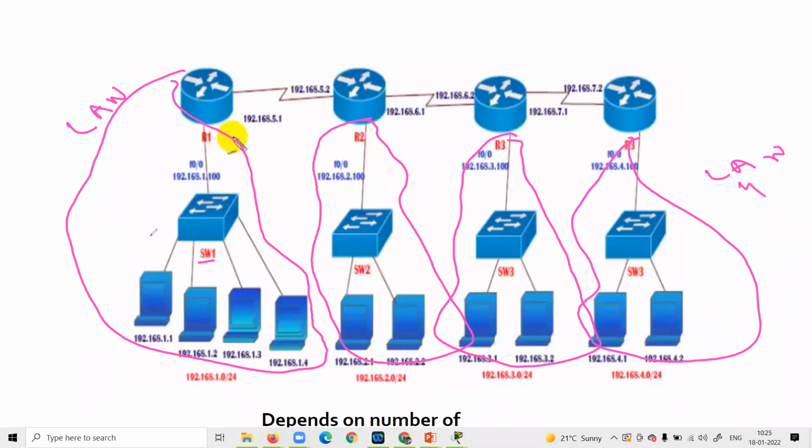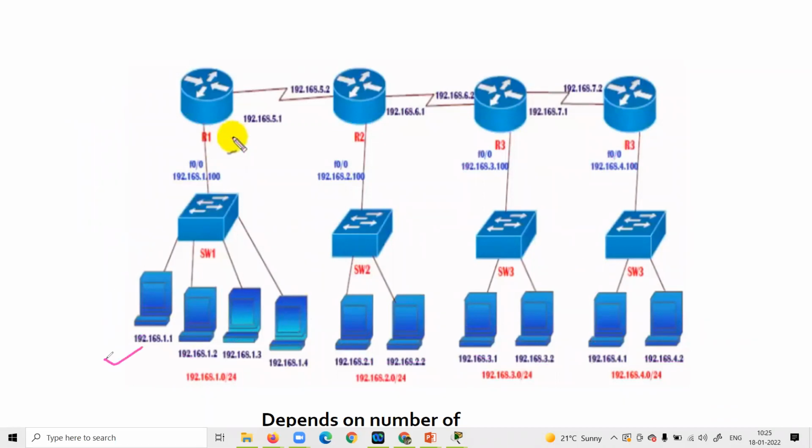In this switch you can connect 20, 25 or 13 computers. Right now we have shown you only 4 because of the space capacity, right? But you can connect 25, 30 PCs as per the capacity of this switch. If you have purchased this switch of 100 ports, then you can connect 100 computers under this switch. If you purchase the switch with 14 ports, then you can connect 14 computers. So please understand, this is your LAN, LAN, LAN and LAN.